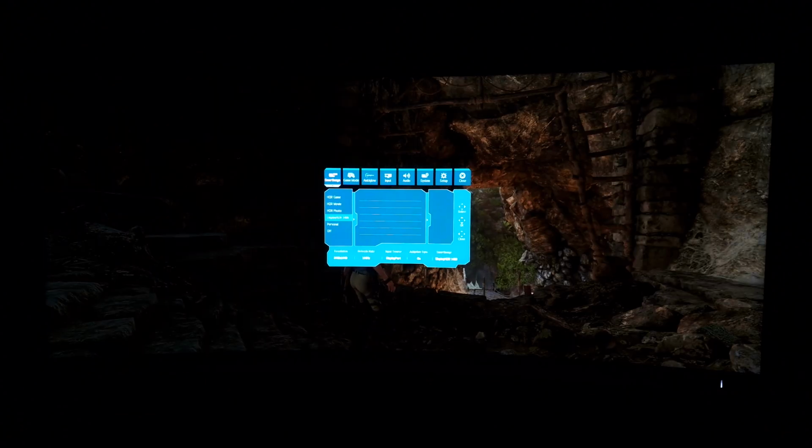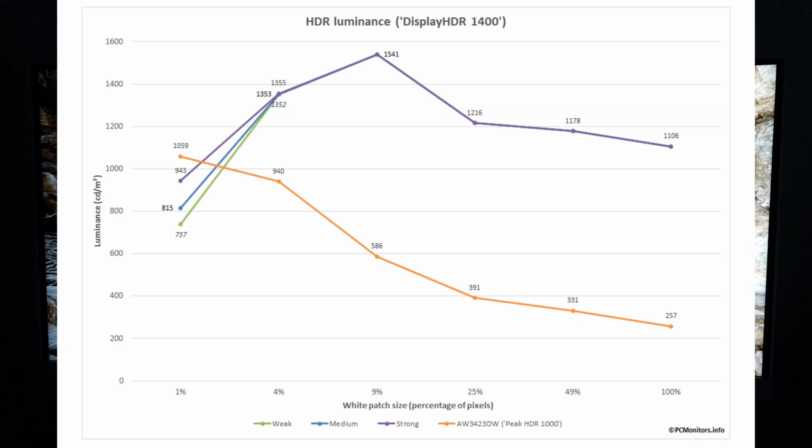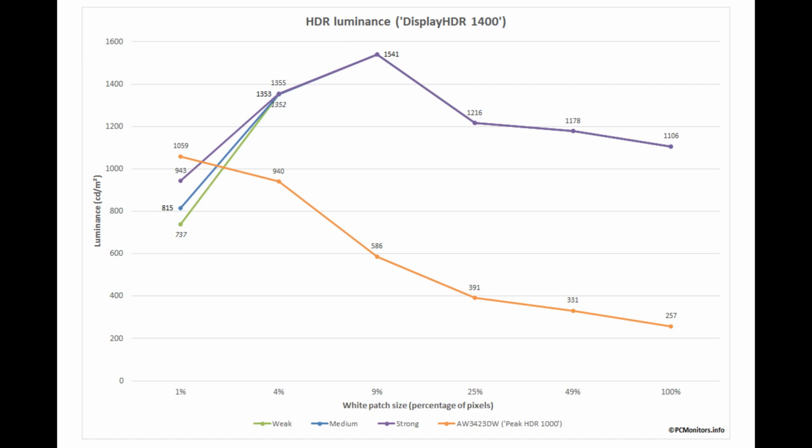With this all said, back to my preferred DisplayHDR 1400 setting, and let's put some numbers to things now and crack out the graphs. So there are 3 different local dimming settings. There's weak, medium, and strong, and a high level here will light bias more, and a lower level will dark bias more. So what that means is where there are mixtures of darker and brighter shades, and you remember that there are a tiny number of dimming zones really compared to the number of pixels